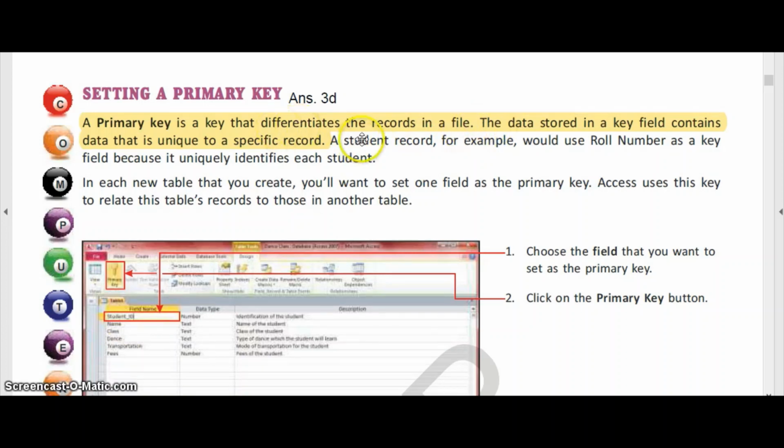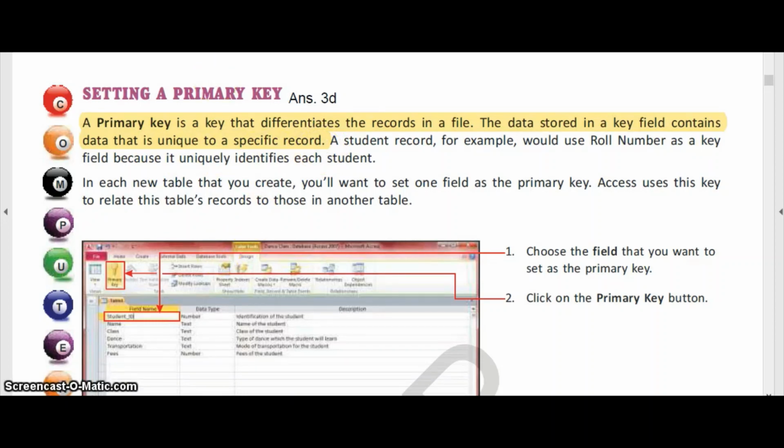The data stored in a key field contains data that is unique to a specific record, like the roll number as key field because it uniquely identifies each student. So you have to write till here only: that is unique to a specific record.